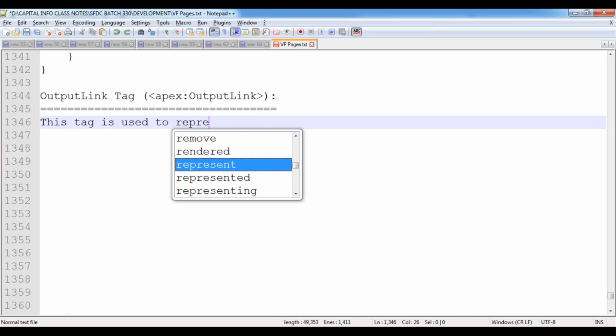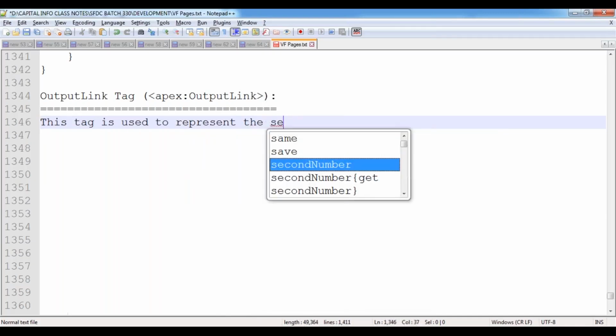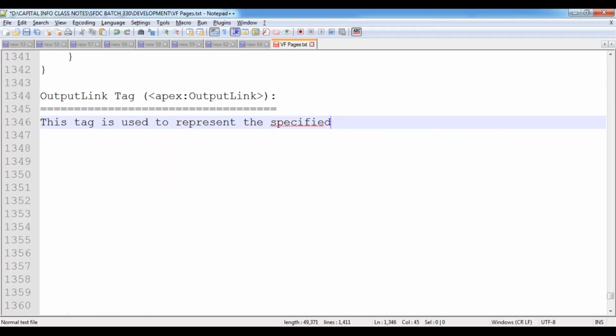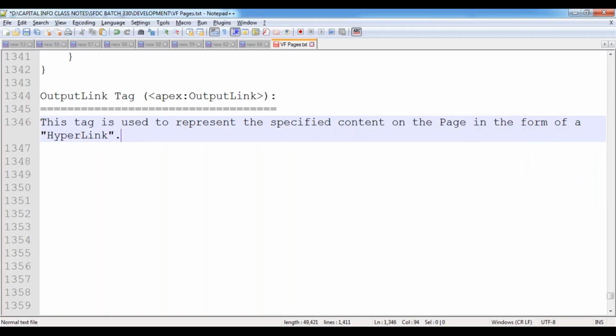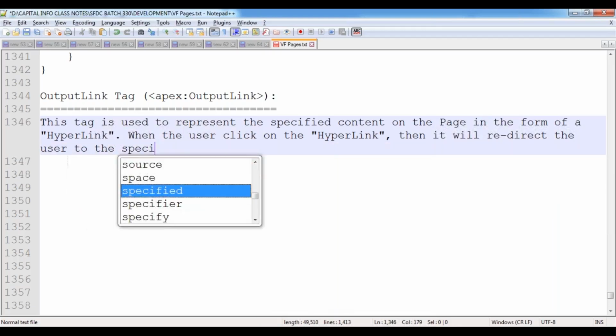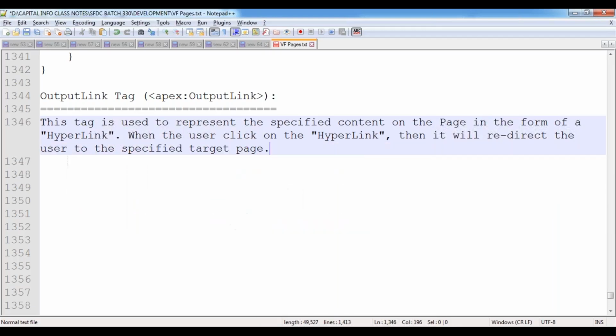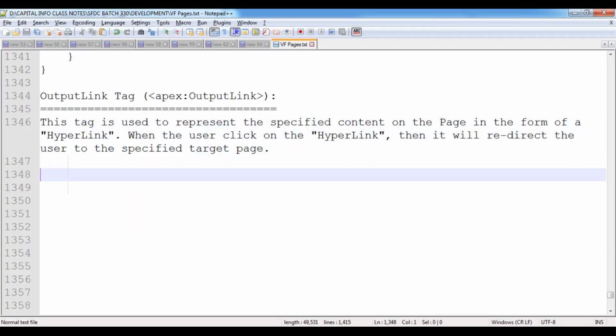This tag is used to represent the specified content on the page in the form of a hyperlink. When the user clicks on the hyperlink, it will redirect the user to the specified target page. So in this case, if we want to represent some hyperlinks on your Visualforce page,